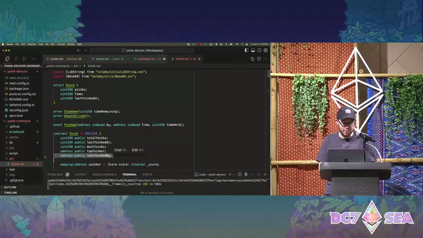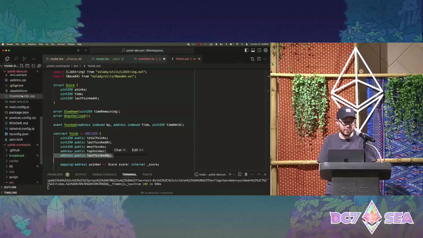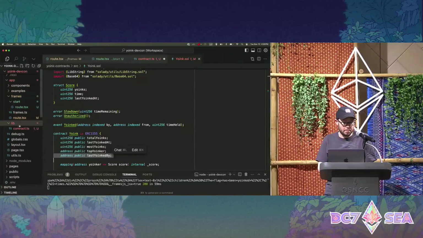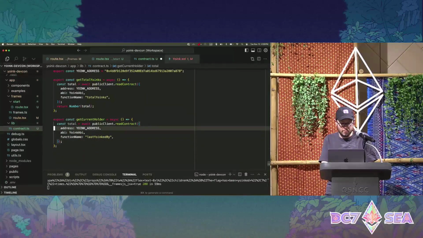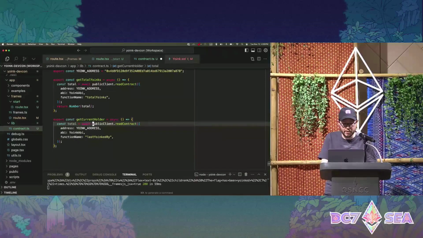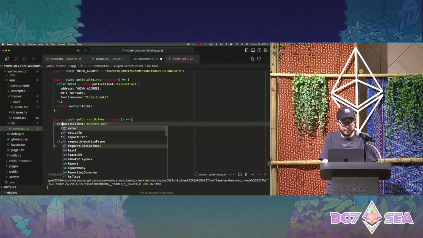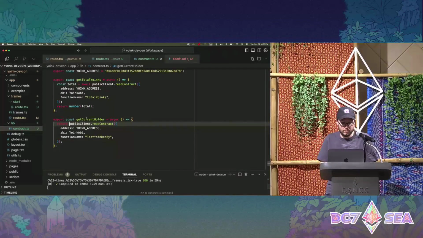Okay, this is the last yoinked by address, so this will show us who is currently holding onto it. And we can just return this directly because it's going to return an address. Yeah, cool.